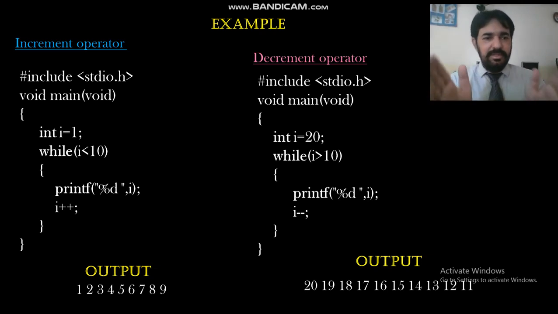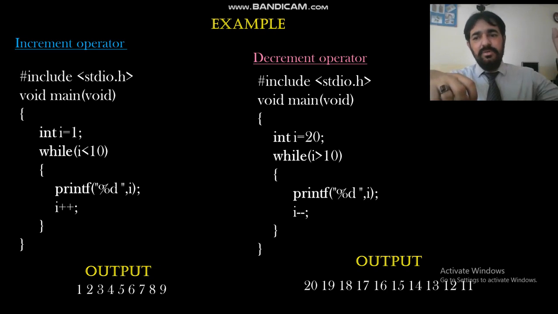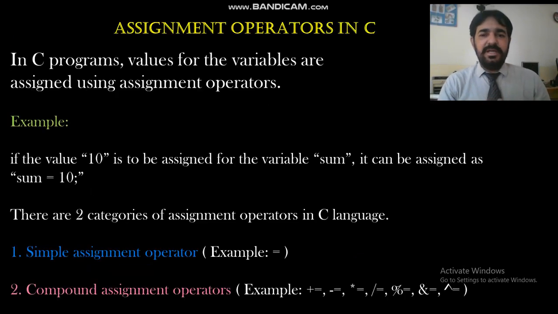So the increment operator is to add something and the decrement operator is to decrease something. The same example we use in our daily routine life, when we want to add something, we add values, and if we remove something, we perform a decrease or decrement operation. So then we have the assignment operator. Remember all these assignment operators, increment, decrement and logical operators belong to our routine life.